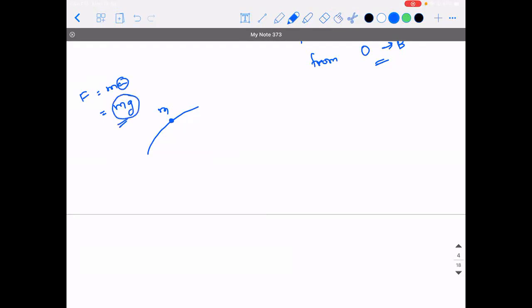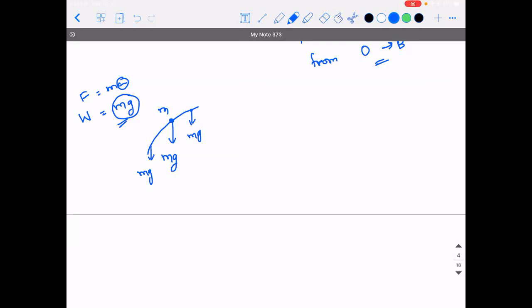This mg is what is technically called the weight of the object. So weight basically means the force with which the earth is trying to pull the object towards itself. So can I say that the weight of the object is in this direction? Guys, are you able to understand this? You talk about any point throughout its journey, its weight is always going to act in the vertically downward direction. No change in that. The gravity will try to pull the object only in one direction, vertically downward, that is towards the negative y-axis.